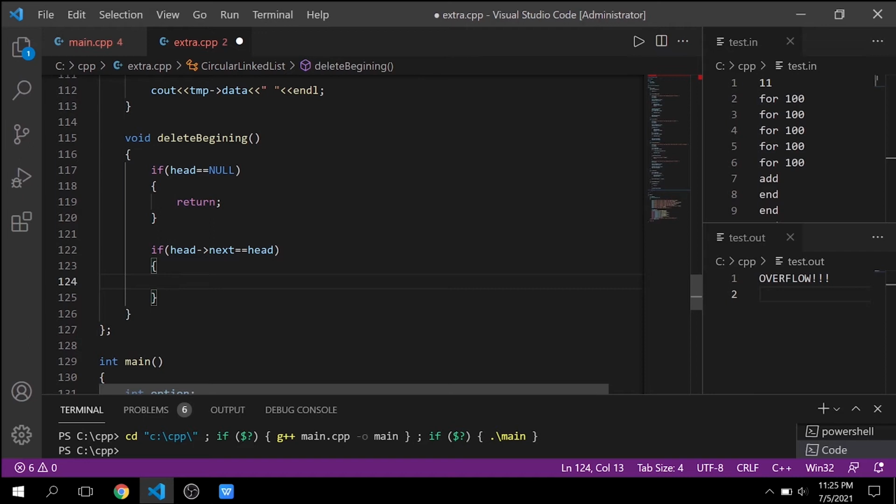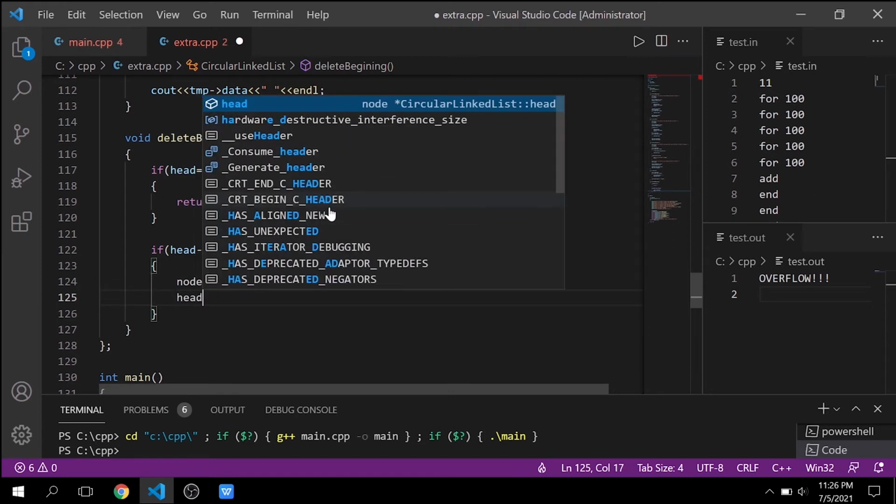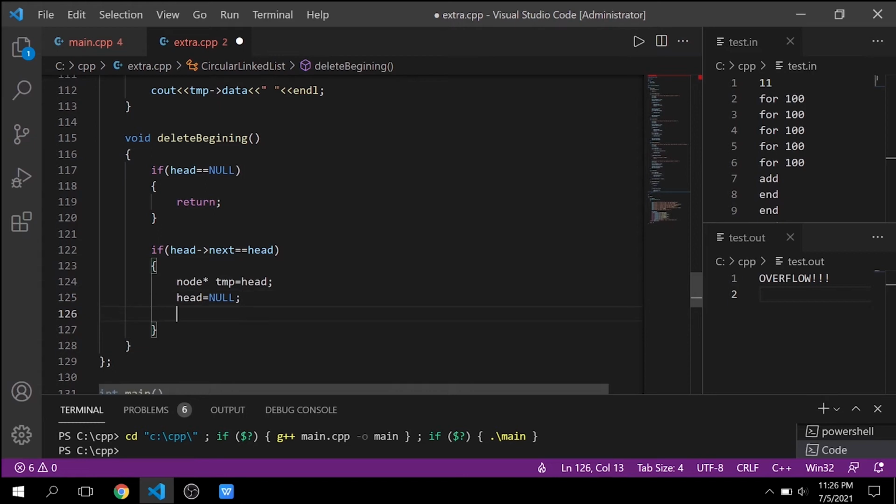So then we will simply delete this node. For that we will make a temporary pointer to contain this node. Then we will make the head null, and simply delete this node. Then we will return.